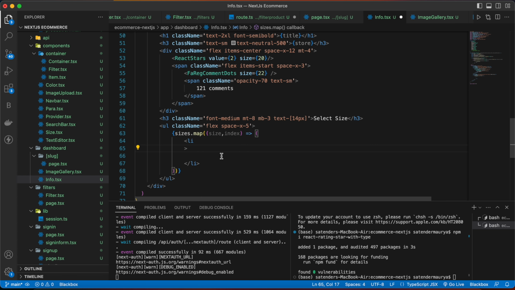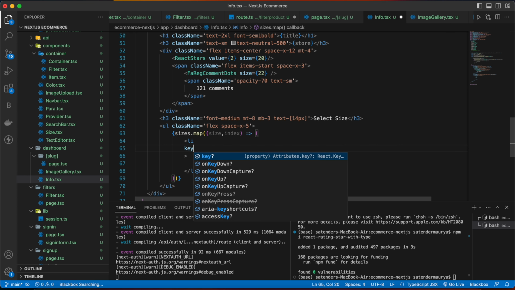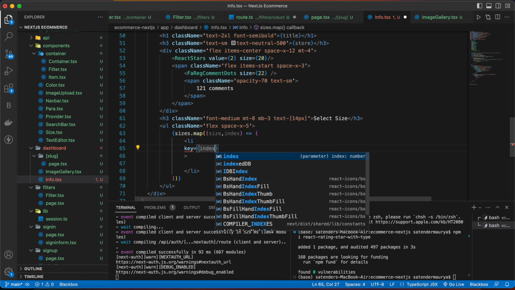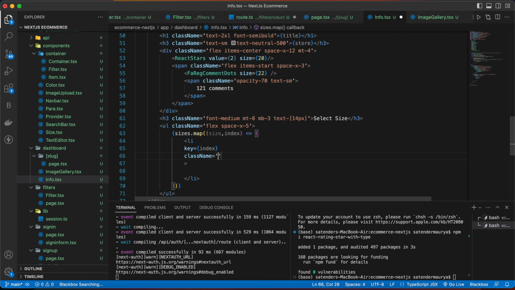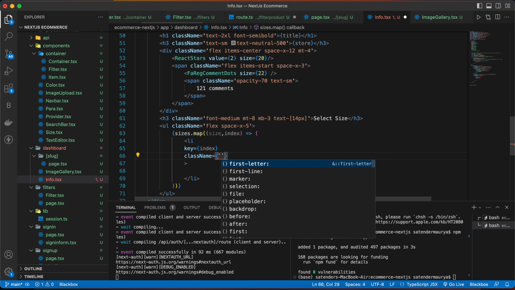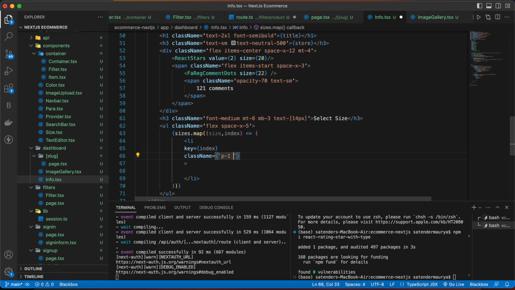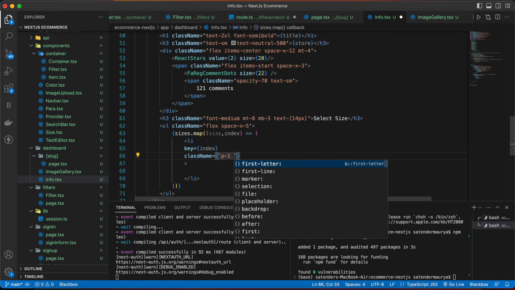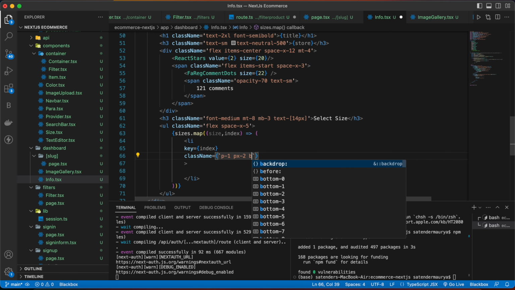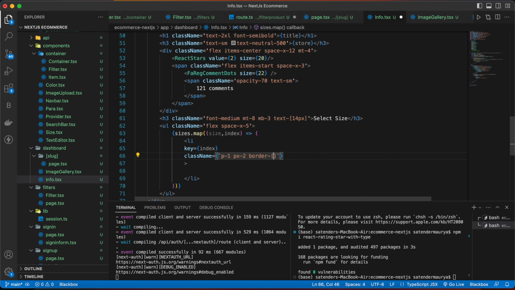First give this a key value which will be index, then class name p of 1 tx2 border of 1 pixels